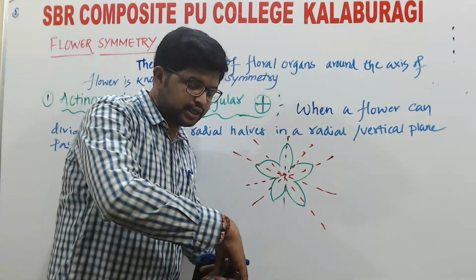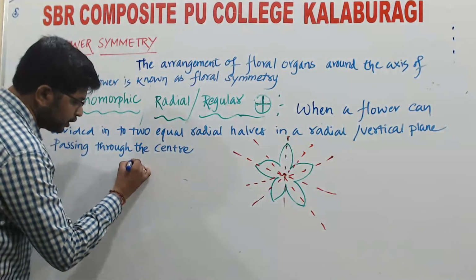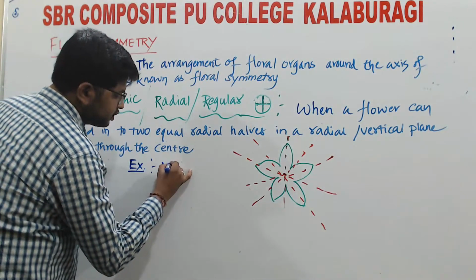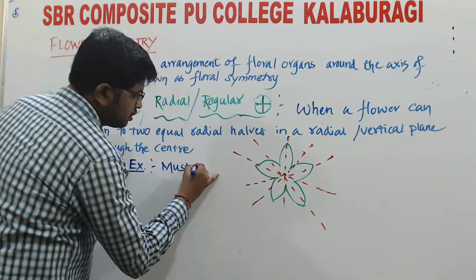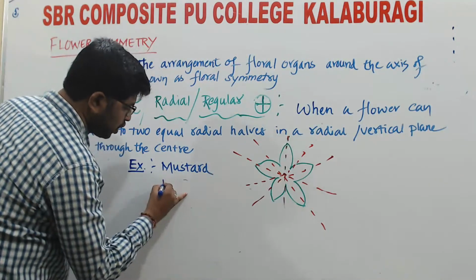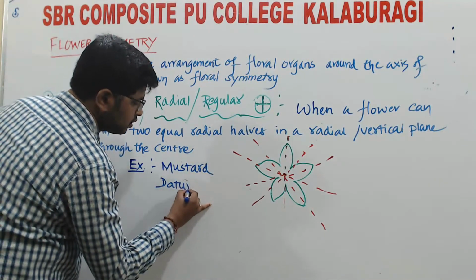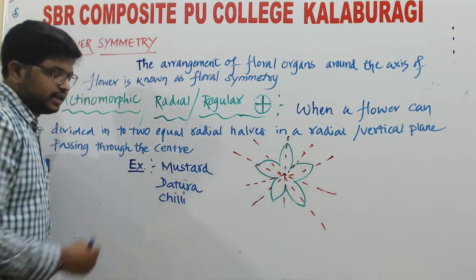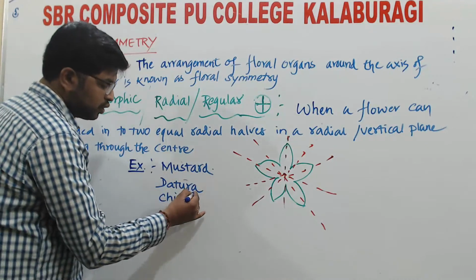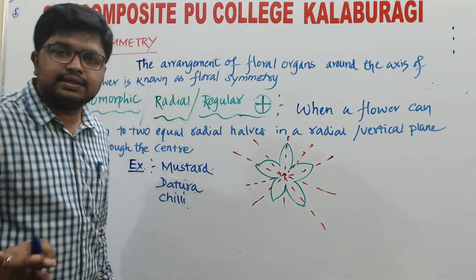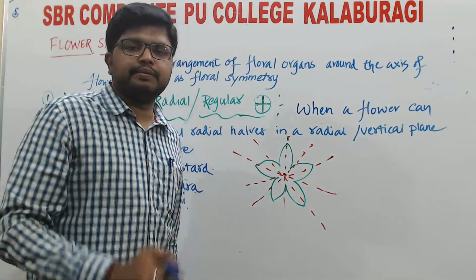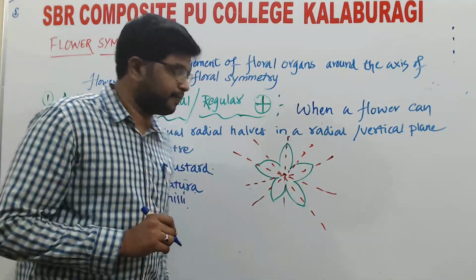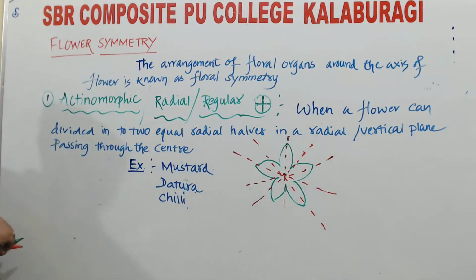And the examples, where you generally see them, are very important. Examples: mustard, datura, chili, MDC. Remember this: mustard, datura, chili are the examples you should definitely remember for actinomorphic symmetry. Okay. Second one,